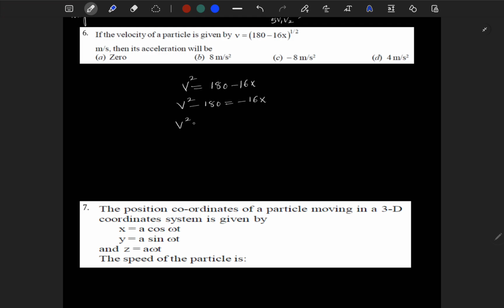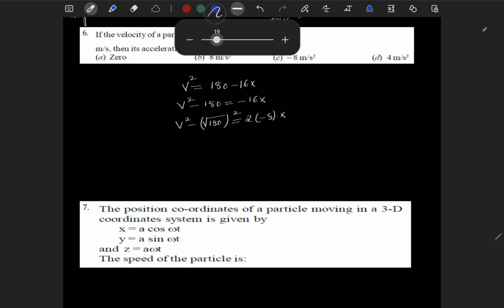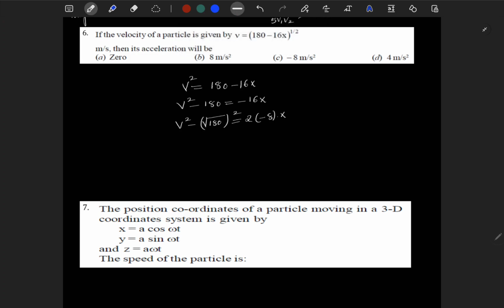Then you have v square minus root 180 square is equal to 2 times minus 8 into x. So if you compare it with the standard expression,